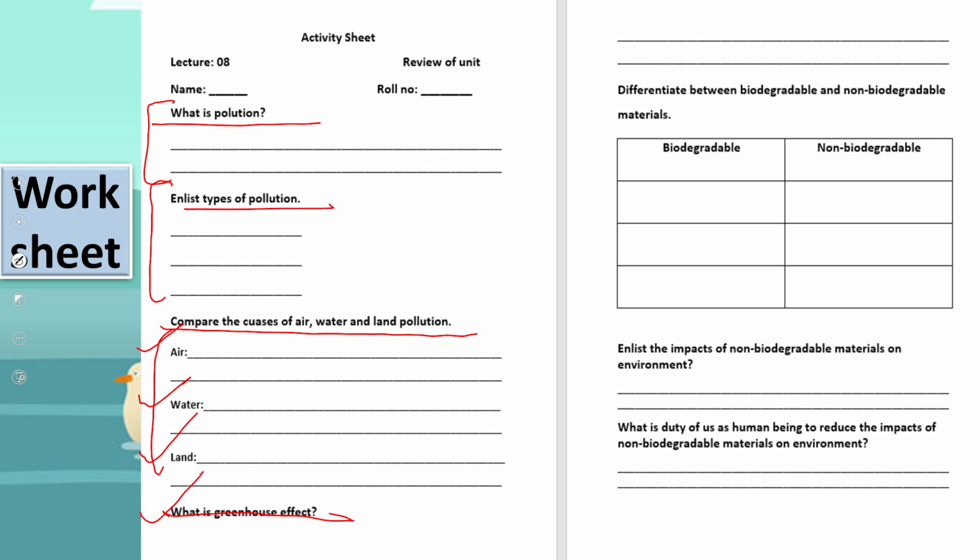What is greenhouse effect? Then differentiate between biodegradable and non-biodegradable materials. Then list the impacts of non-biodegradable materials on environment. क्या impact है non-biodegradable material का environment पे वो लिखें. What is the duty of us as a human being to reduce the impacts of non-biodegradable materials on environment? कैसे हम लोग कोशिश कर सकते हैं non-biodegradable material का impact environment